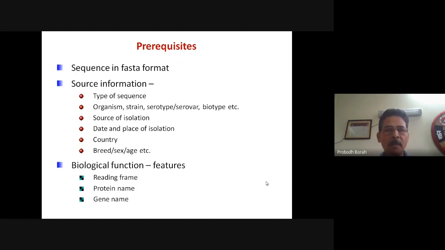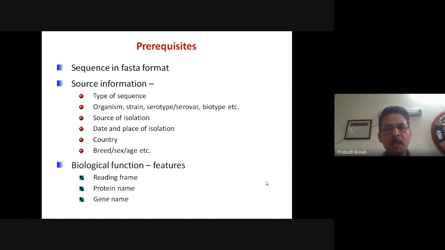Then the date and place of isolation, country of origin or particular location, breed, sex, age, etc. pertaining to the source of the sample, and any other additional information pertaining to the sequence can be considered as the source information.